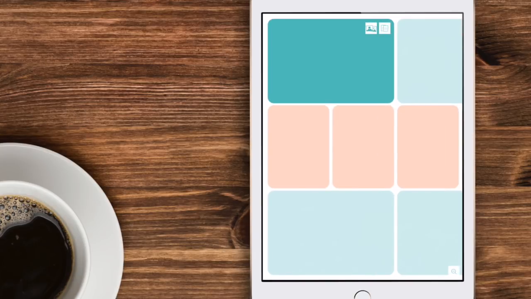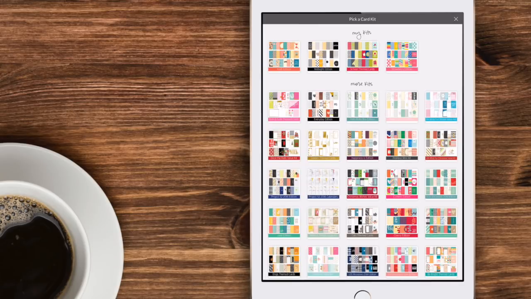Once you do that, you'll notice that there are two icons at the top. The left icon shows photos and the right icon shows cards. You'll go ahead and choose which one you want to add to that pocket. Starting with this one, we will add a title card. So we're going to click on the card icon and it will pull up all the options that we have